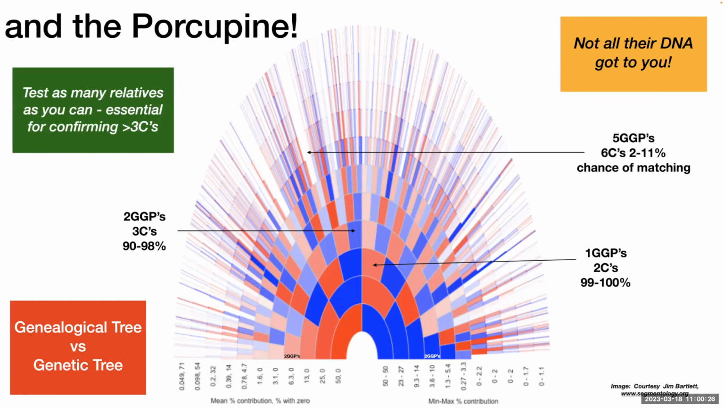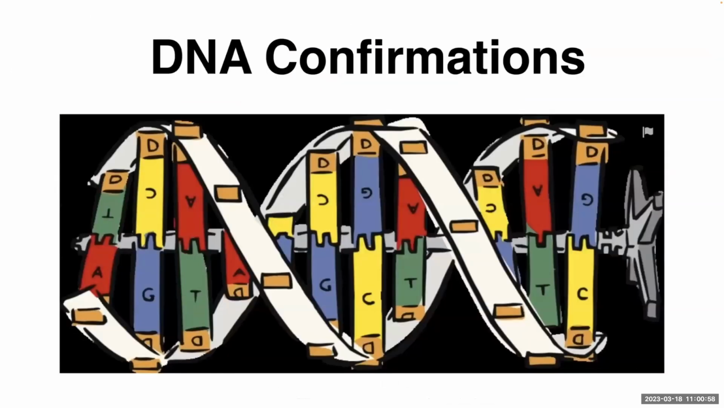So it's important to test as many relatives as you can, and pretty much essential for trying to confirm your more distant ancestors back past 3rd cousins, because you may not have got the DNA from that particular ancestor. So you need to find someone who did and to be able to get back further. So multiple testings and reporting about not just your results, but other people's results in your evidence about confirming a particular ancestor becomes important. So as far as DNA confirmations go,